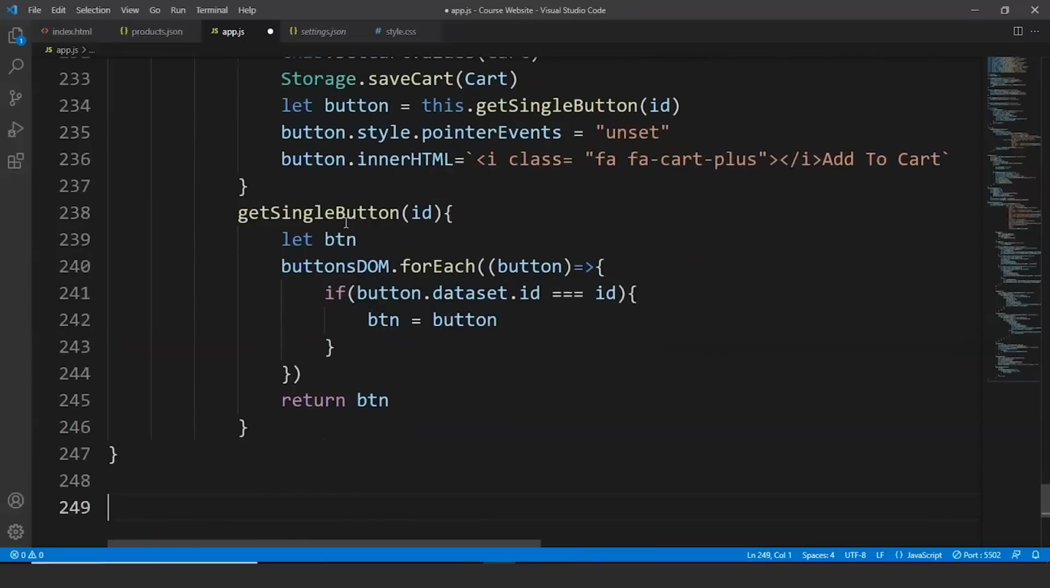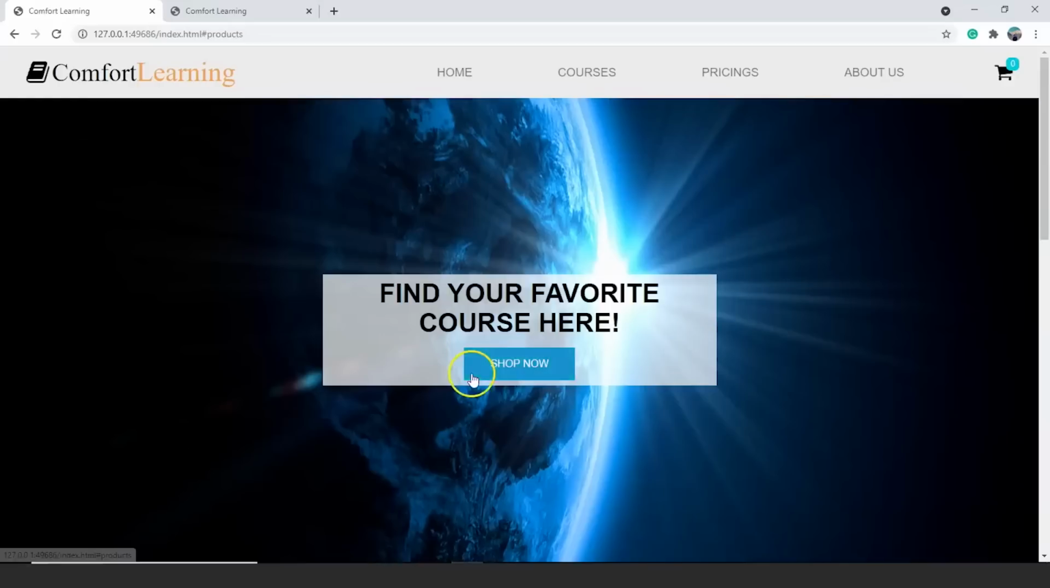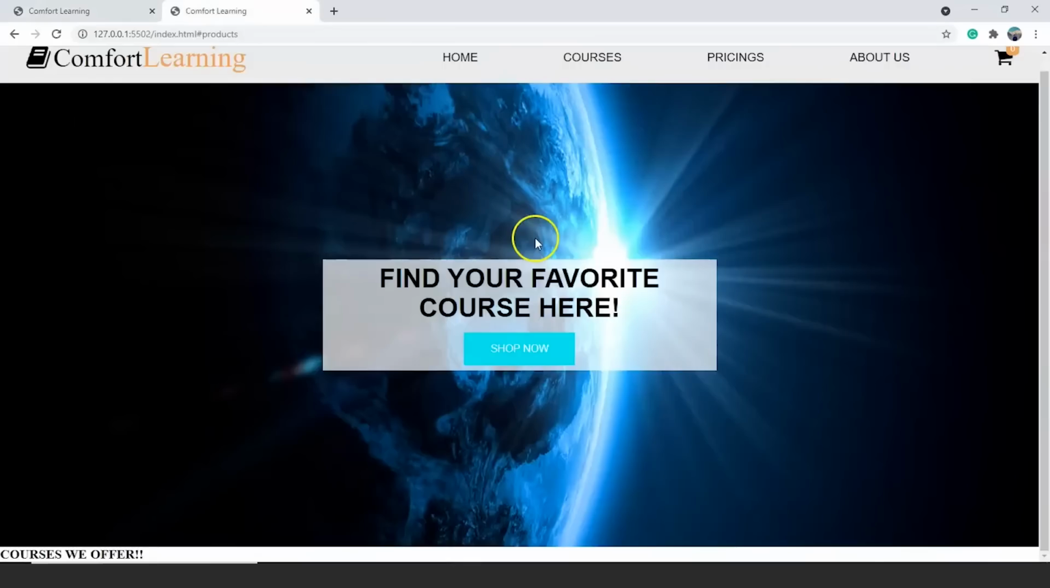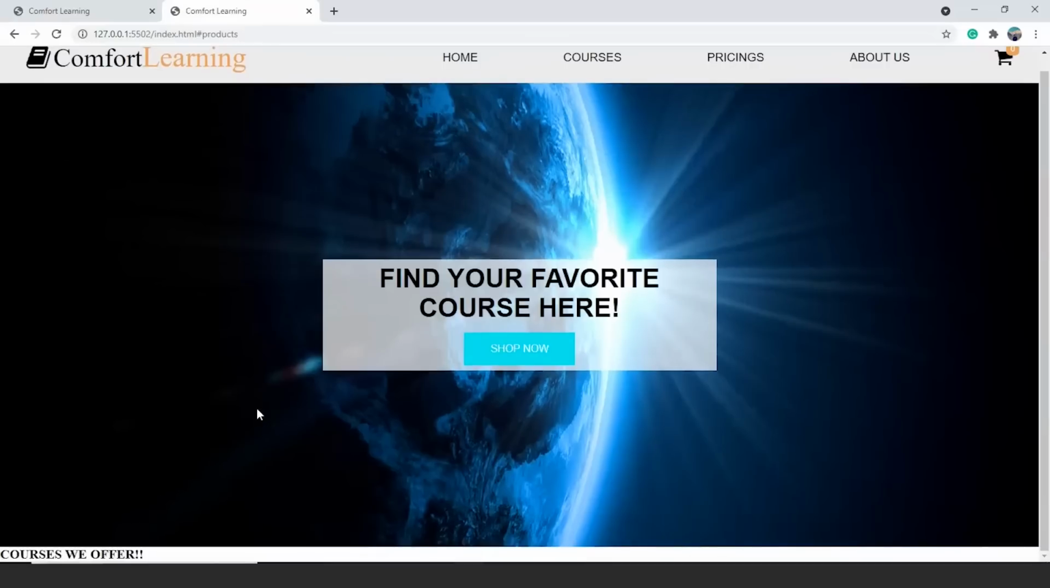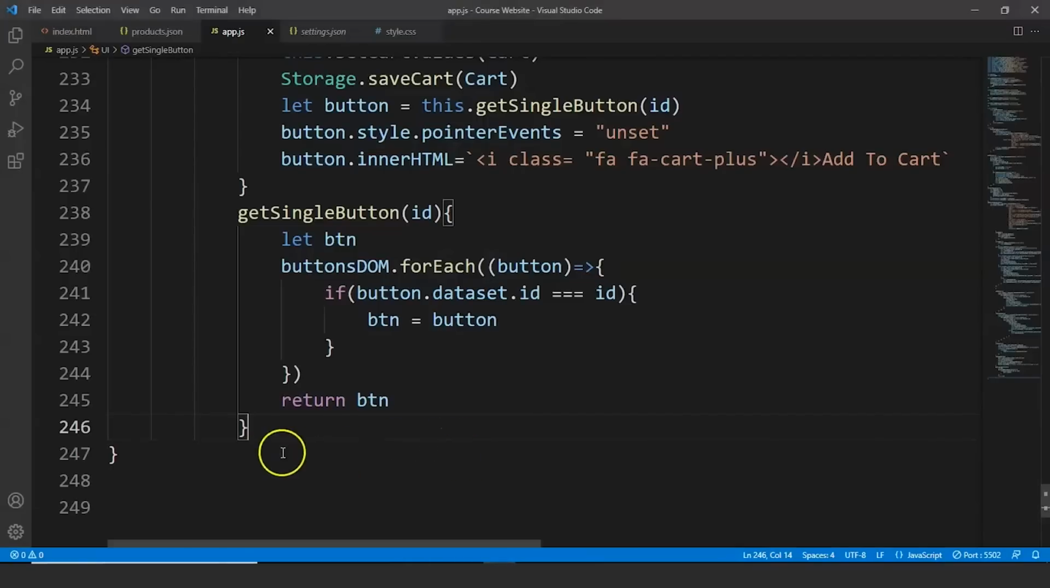Now save this program, go to the browser, and this is our website. Go to the browser and you can see nothing is visible till now. We have to write a little more code to make everything visible here. Now we have to store the data in local storage so that on refreshing the web page we don't lose the data. So we'll go back to the JavaScript file and we'll write here